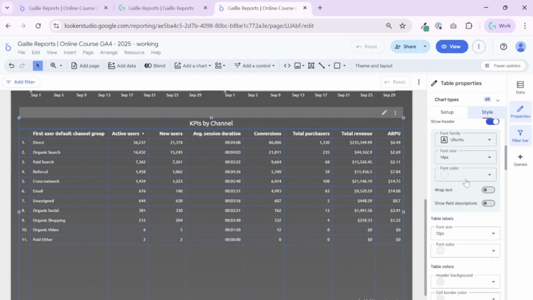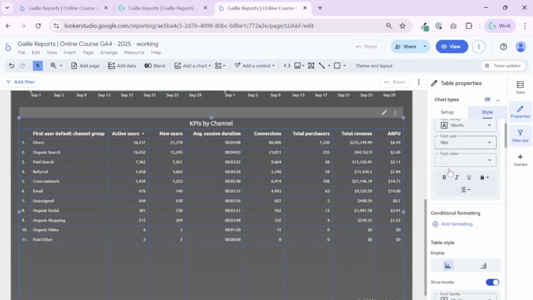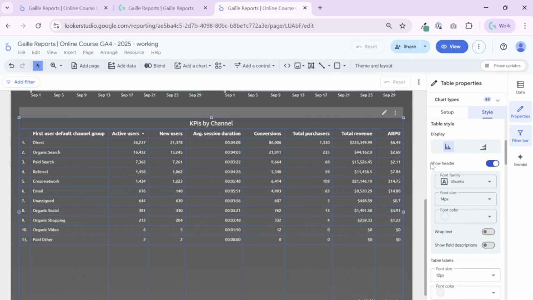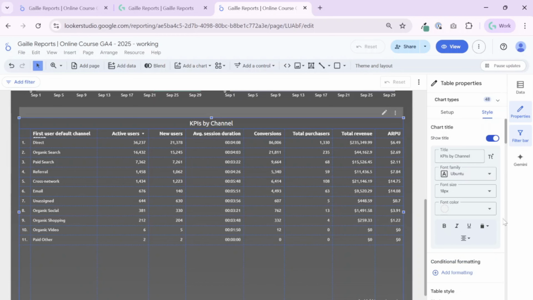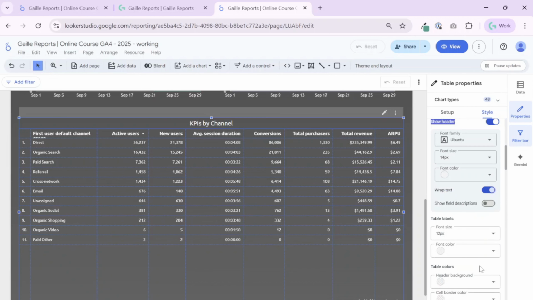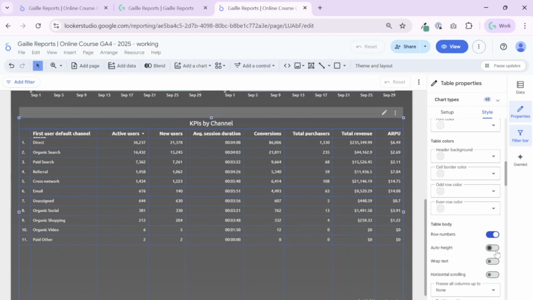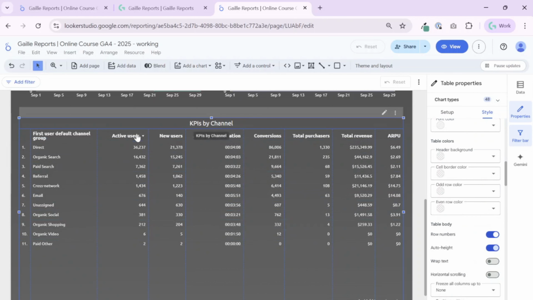Footer. Show title, table style, show header. In this, I want to show wrap text. In this case, when we make this column a bit smaller, and now we can use where it was after height. In this case, we see that if something will not fit, we can